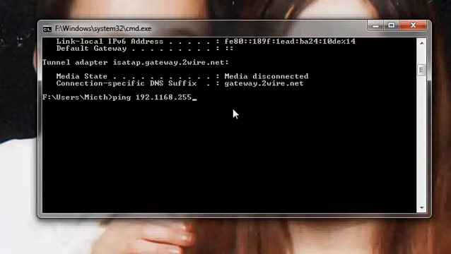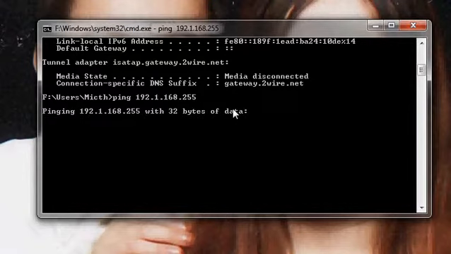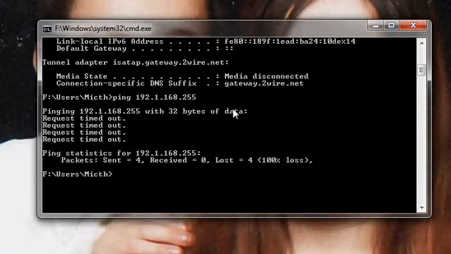It would help if I put a dot here. Press enter, and that's going to come back with a timeout four different times. It's going to tell you that 4 packets were sent, 4 packets were lost, 100% lost. Now that tells me that you might have a connection problem with either software or hardware,